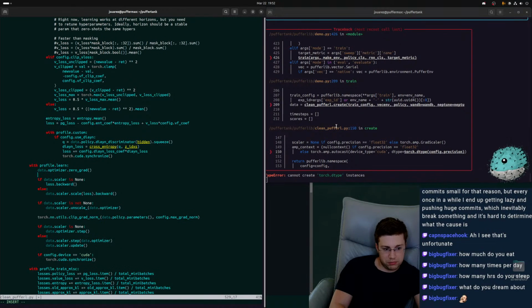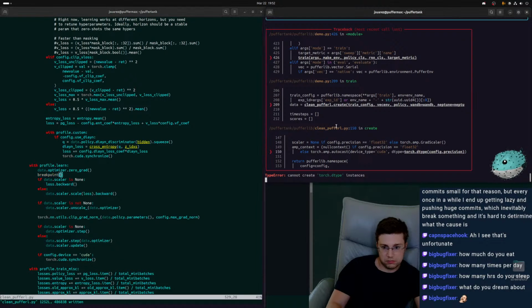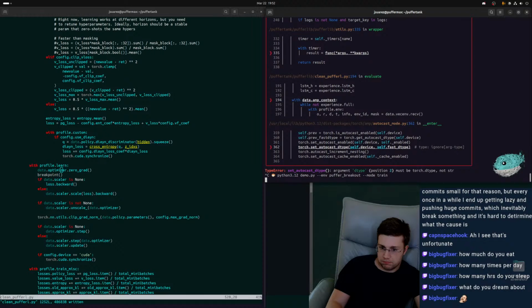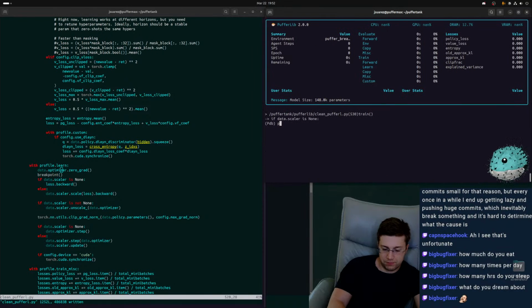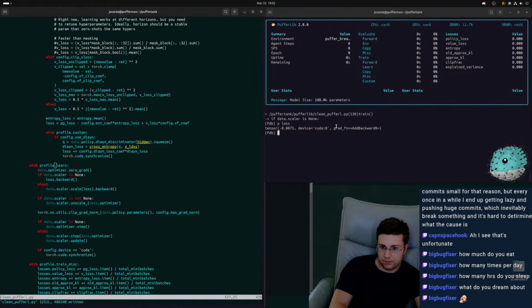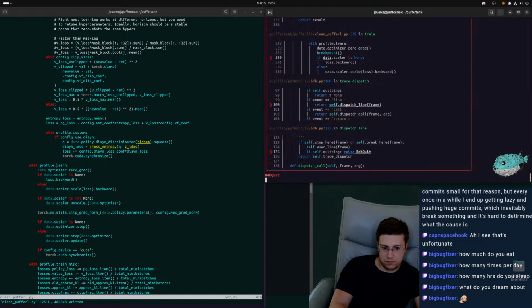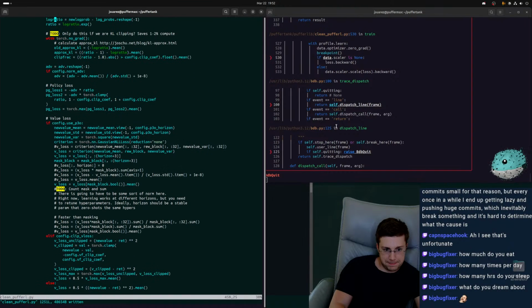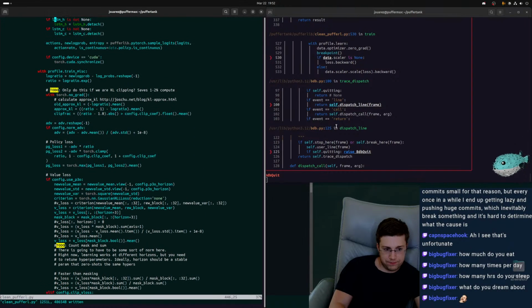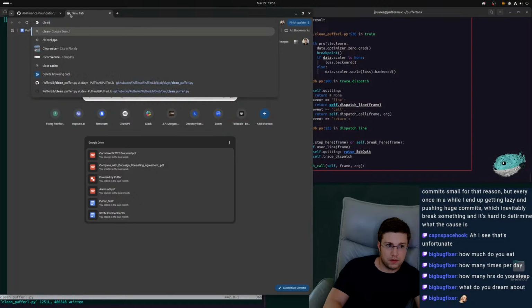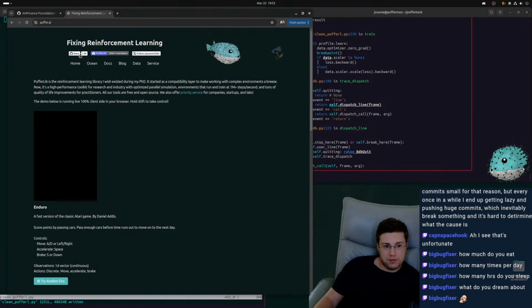Is the loss not a scalar? No, loss is a scalar. Man. Maybe I can see the diff.